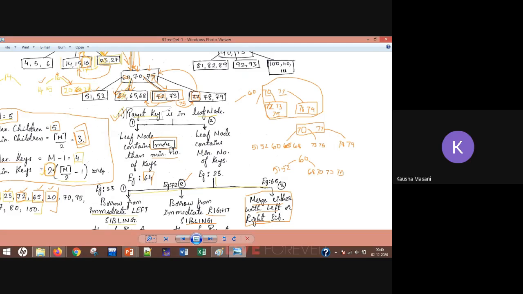If it does, you can directly go and delete. You don't have to do any split or merging. That is the simplest case in deletion.